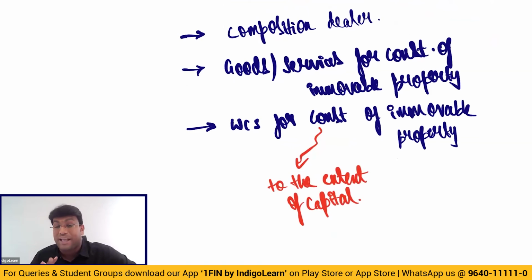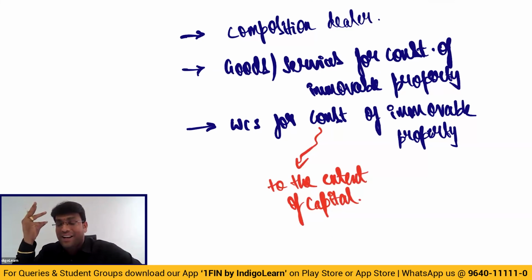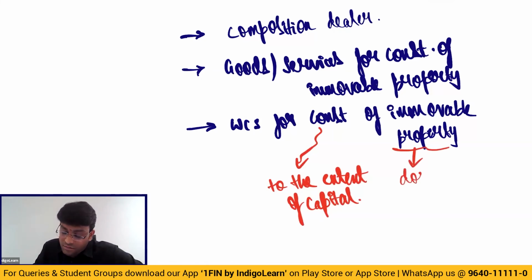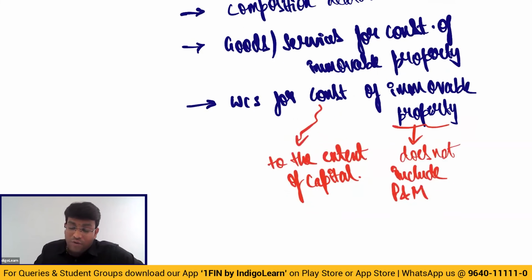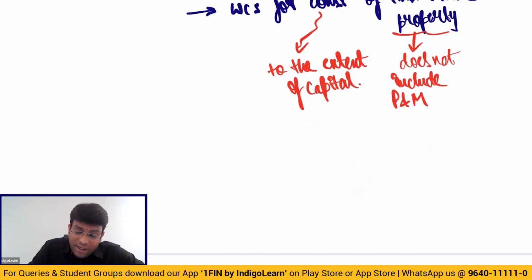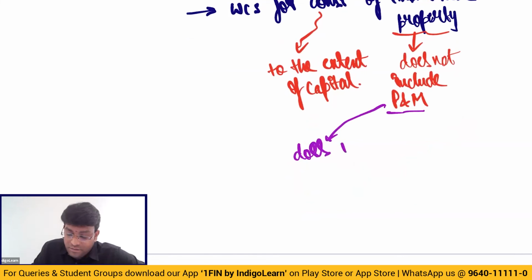That's why in simple terms, sometimes we say, if you charge off to P&L because it's revenue in nature, then credit is allowed. And immovable property does not include plant and machinery. So if it is plant and machinery, then again, my dear friends, credit is allowed. But plant and machinery does not include, and does not include means credit is not allowed: